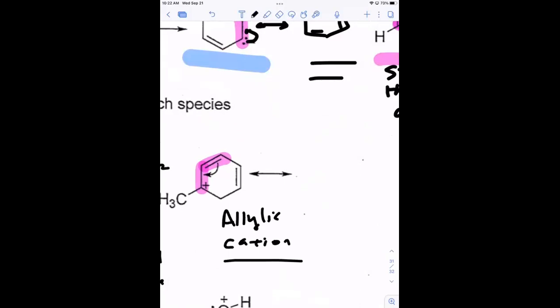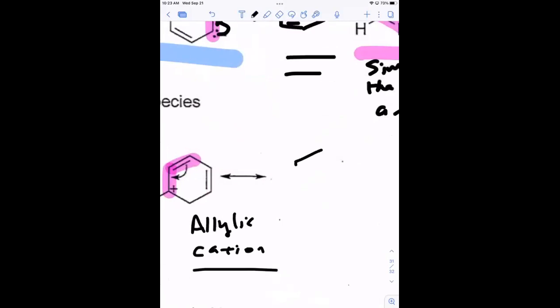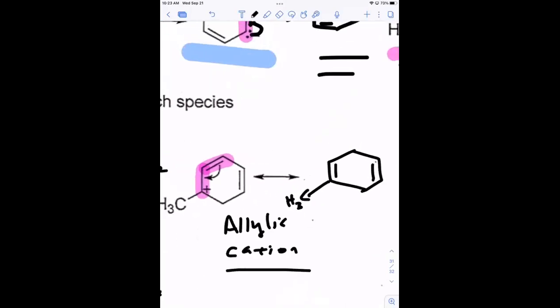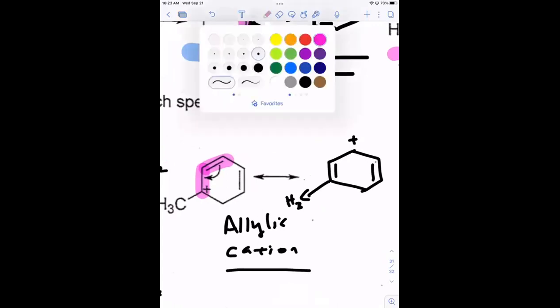What's the structure going to look like on the right? We know it's going to be a ring. Where's the pi bond going to be? Where's the plus charge going to be in the structure on the right? The pi bond would be across from the other pi bond. Right here. Yes. And then the plus charge would be at the top. Good? And it's this carbon right here